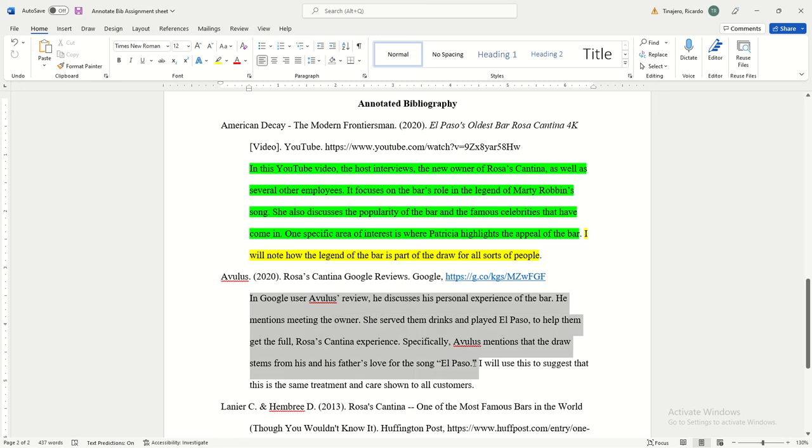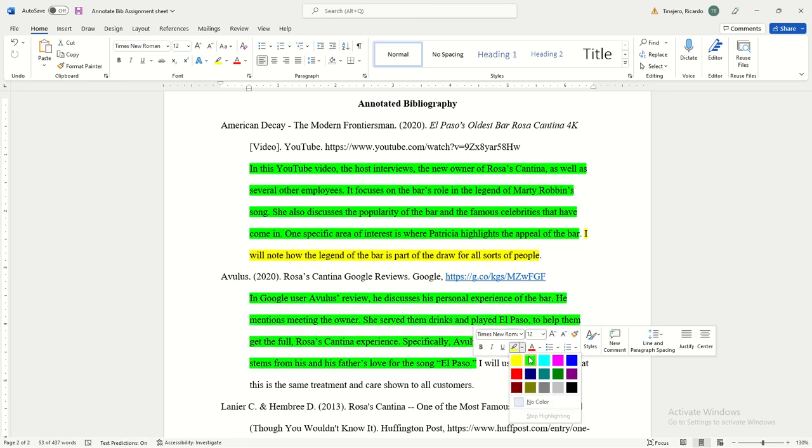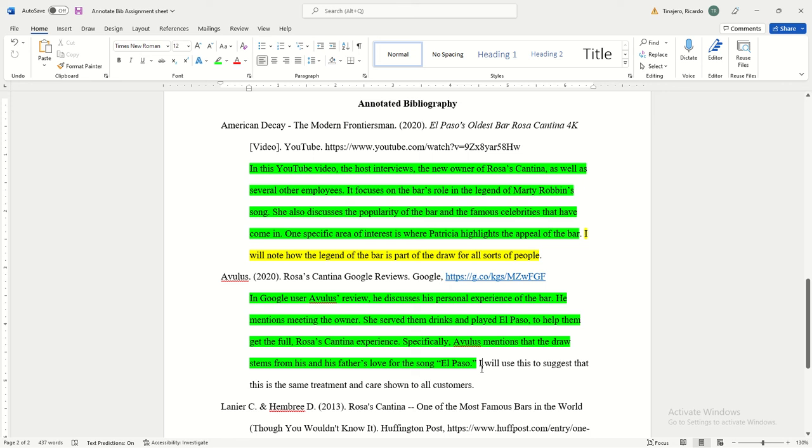So here's a little bit of the summary. Again, the overall summary. And then I get to the point where I'm going to say, here's what's interesting to me, or here's what I plan on using as a quote or a paraphrase in my essay. And so I will use this to suggest that this is the same treatment and care shown to all customers, right? So I'm going to say, not only did she show this kindness for a stranger from out of town that she's never seen before, but the locals and the people who are there regularly are always prioritized, right? They make sure that everybody's comfortable, everyone's happy, everybody has what they need,